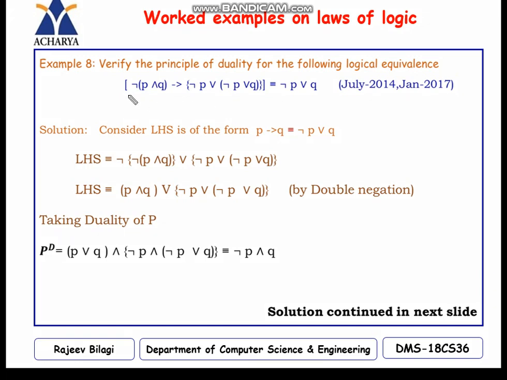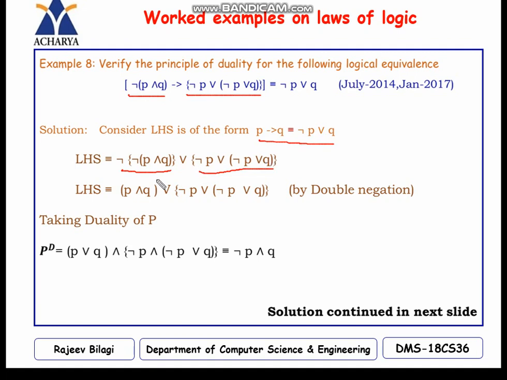Okay, I'll assume this entire thing as P, this as Q. So it is of the form P then Q. Okay, so I know that P then Q is logically equivalent to negation of P or Q. So I'll write this in this particular form. So in that case, P is here, negation of P and Q. So negation of this entire thing, the OR operator Q. So this is what the Q is.